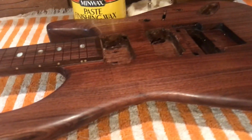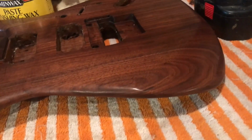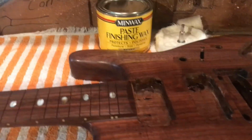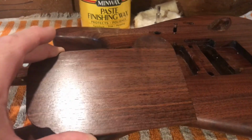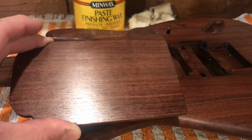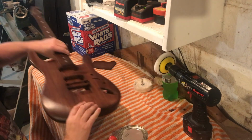As you saw at the beginning of this video, you can see where I polished up the Danish oil and it looks quite nice. But I also heard about this paste finishing wax. I figured I would give that a try. So I did that, just a little test on the back of the Tremolo cover. Quite impressed with that. I'm going to start polishing on the back,